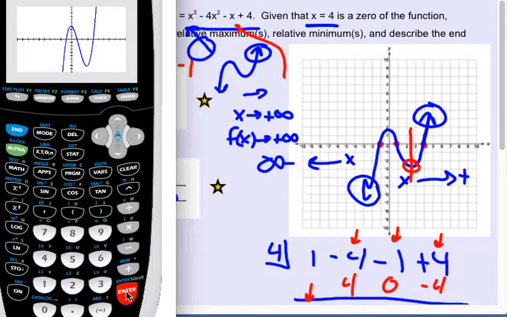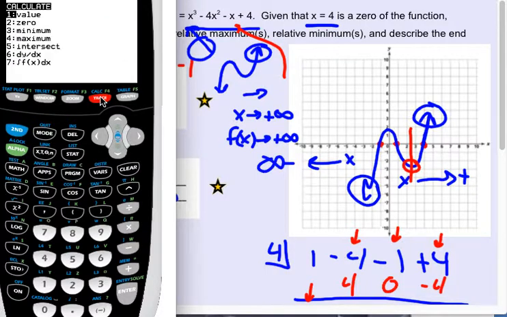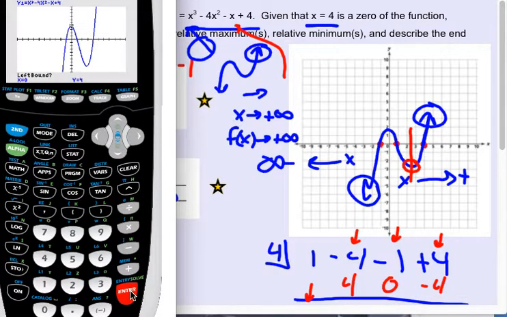So now I want to find this minimum here. That's where you go into the calculate function on the second, and then calculate. And we're going to go down to, let's do minimum first. And you saw how we did this before. It says left bound in the bottom left-hand corner here in black above the X. I'm going to hit enter on the left-hand side, and enter on the right-hand side, and then just hit enter where it says guess,